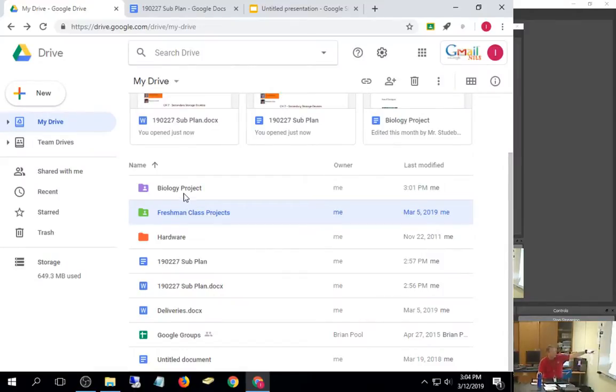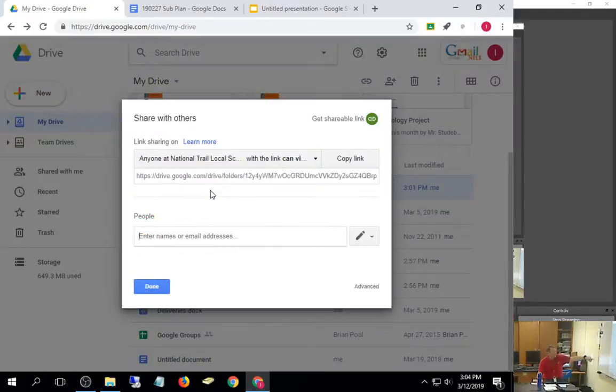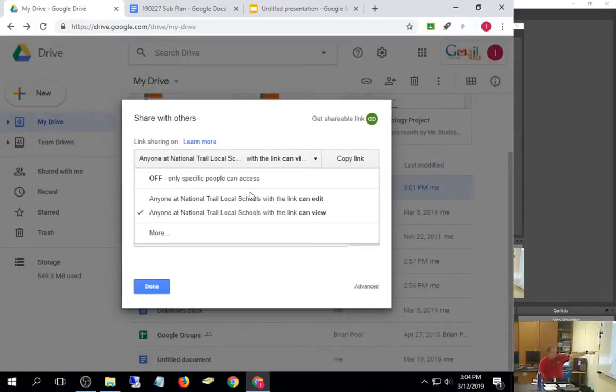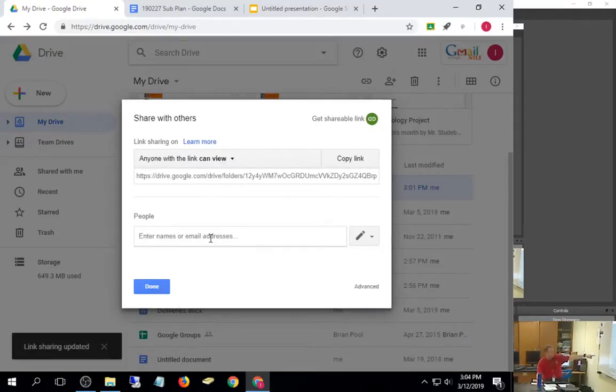I'm going to get off of this. If I was trying to collaborate with somebody at CTC, I'd go here and say share. I'd say more and go anyone with the link, but then I'm going to go down here and change it to specific people down here. Right? I mean, if I'm just trying to share it with one person,